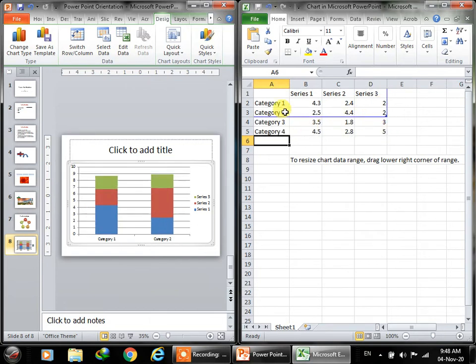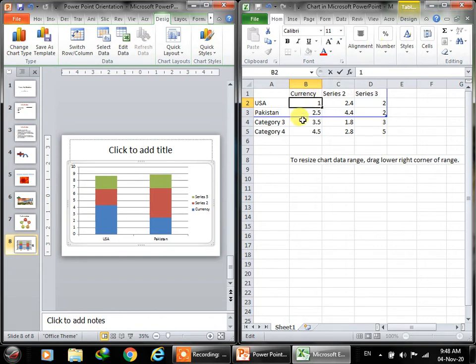Let's say it's a 2 category. Category 1 is Pakistan, and category 2 is USA, and let's say we call it currency.